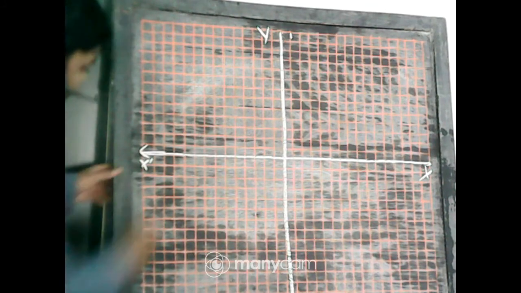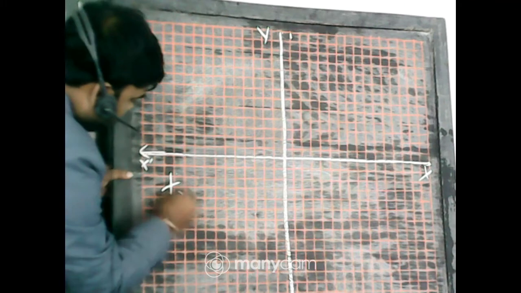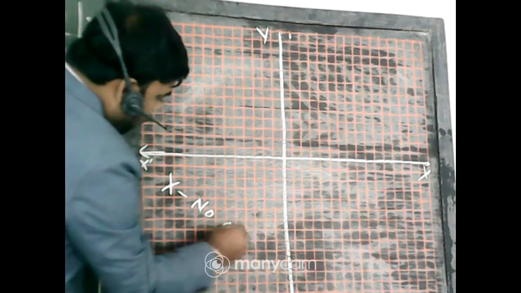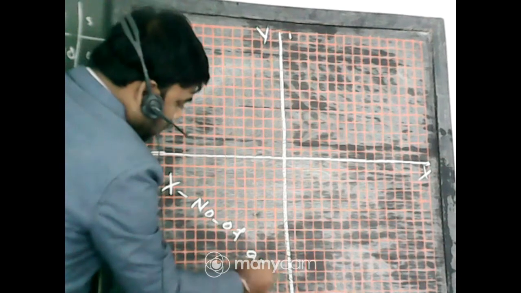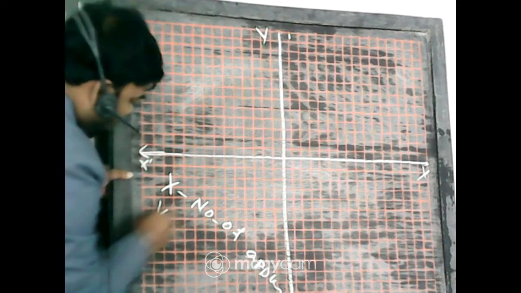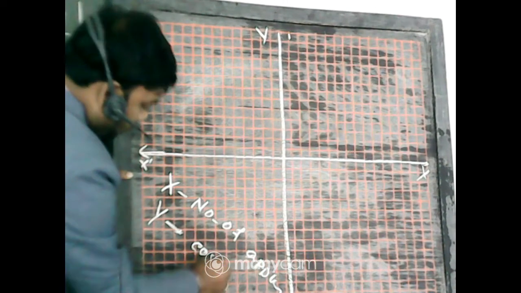And number of apples I am denoting along x axis, and along y axis cost. Okay, along y axis, that is,